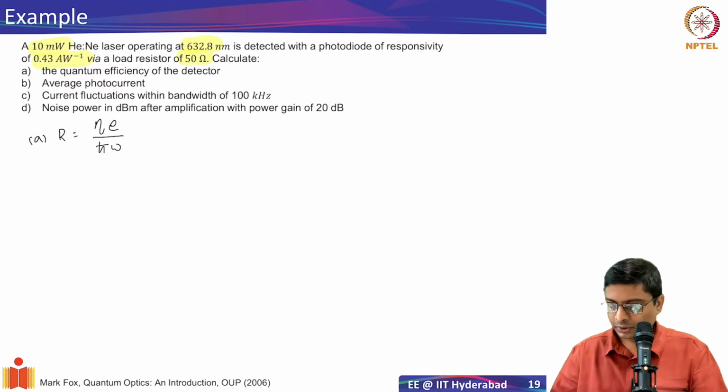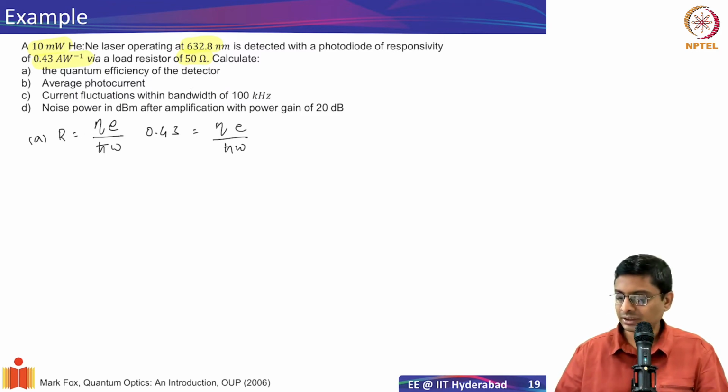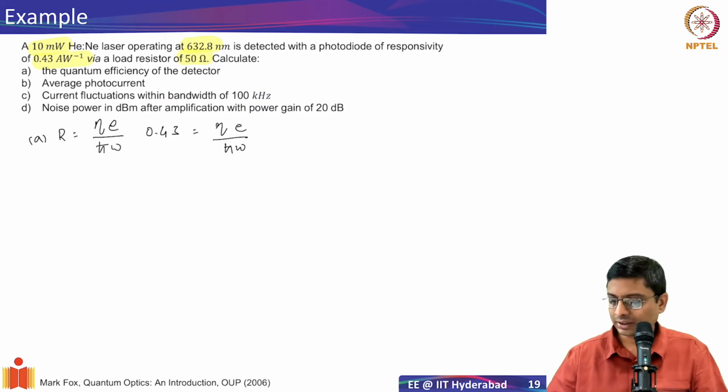So this is given responsivity, 0.43 ampere per watt, that should be equal to eta, the quantum efficiency, times the charge of electron, I leave it as it is, divided by h cross omega. The reason I'm doing that is h cross omega in eV, I know how much it is, right? So if I have 632 nanometer light, the energy of the photon is going to be